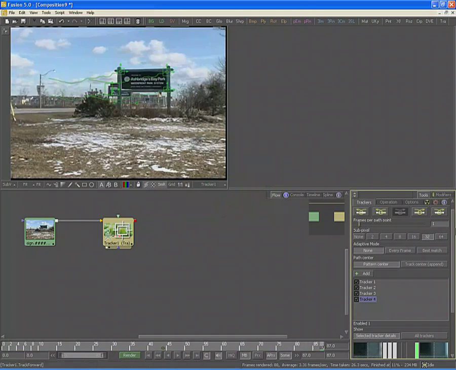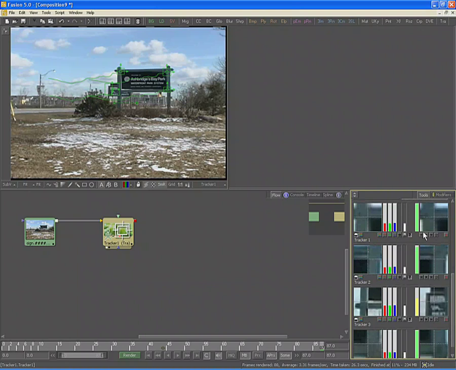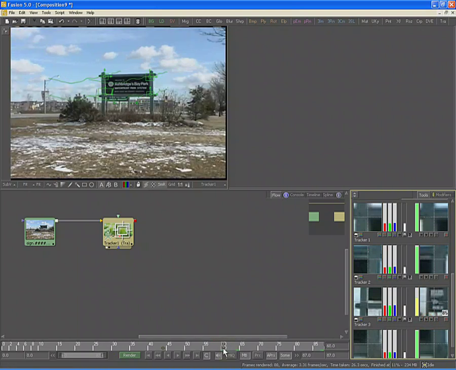Our track is complete, so let's click on the All Trackers button, scroll down in the view, and we can see the patterns for all 4 of the tracker patterns. Play back the flipbook for Tracker 3, and you can find the frame, which seems to be about frame 64, where we start to go off the track. Change frames to frame 60,